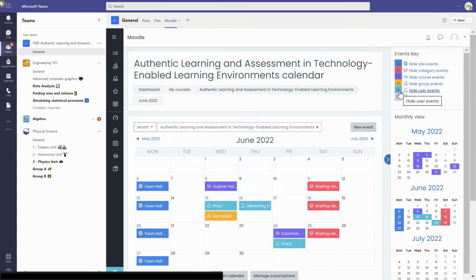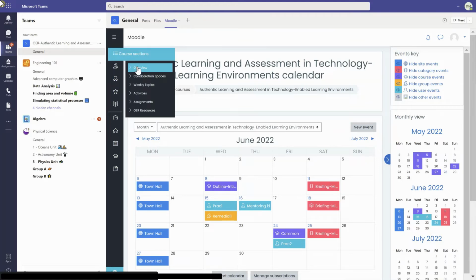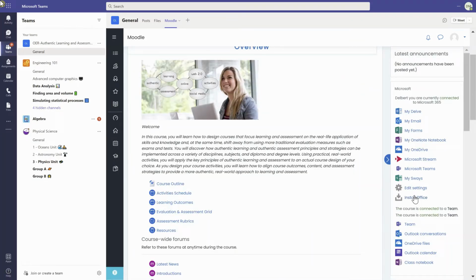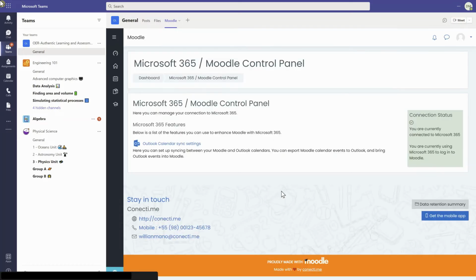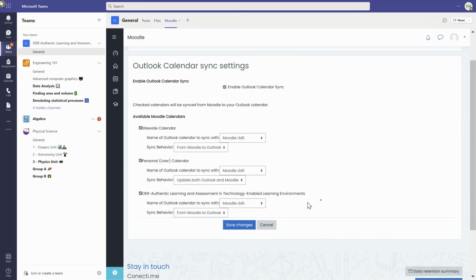overwhelmed. As a user, I can orchestrate the syncing of my Moodle events with my office calendar, combining them further with the events that may be flowing through the Teams courses that I may be taking. Here is the setup for the Outlook Moodle link. So I can push the site events that we saw earlier, and I can choose which calendar. So I have an Outlook user-defined calendar called Moodle LMS, and here is the sync behavior to set it to